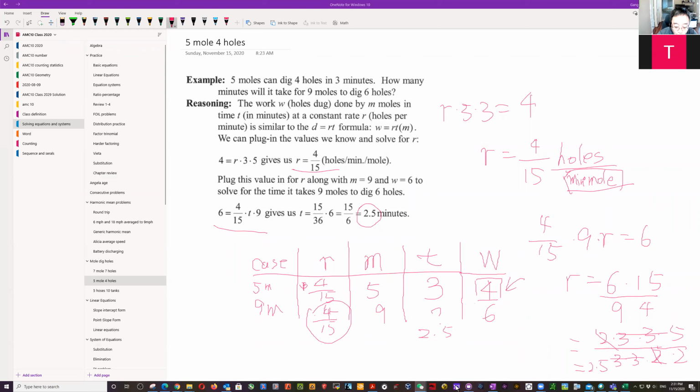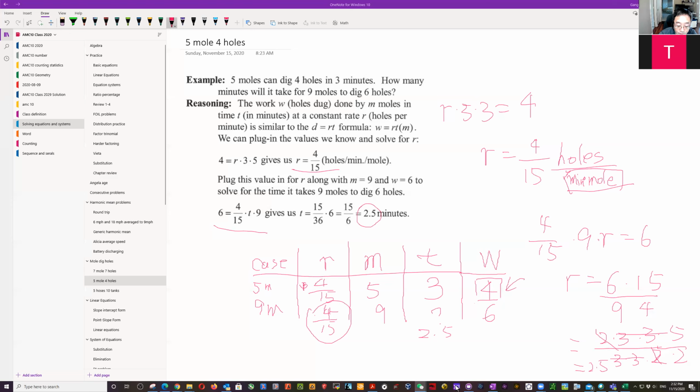So basically, given this new concept, each work can be expressed in two ways. One is number of holes. The other way is mole minute. For example,